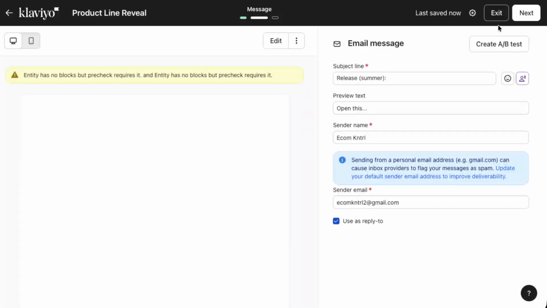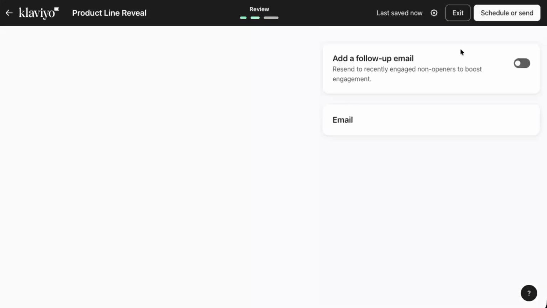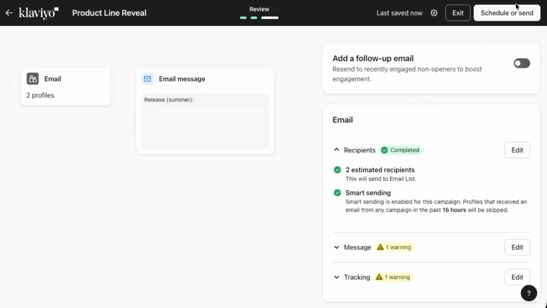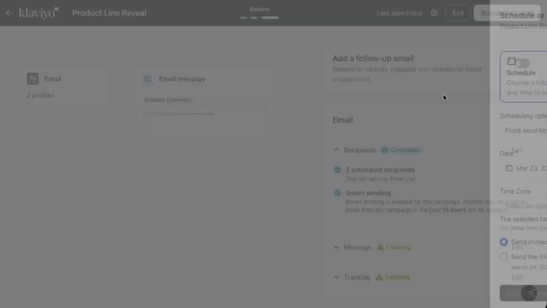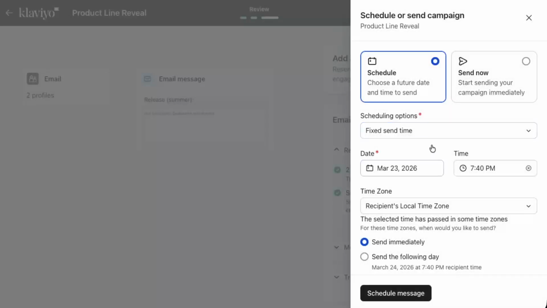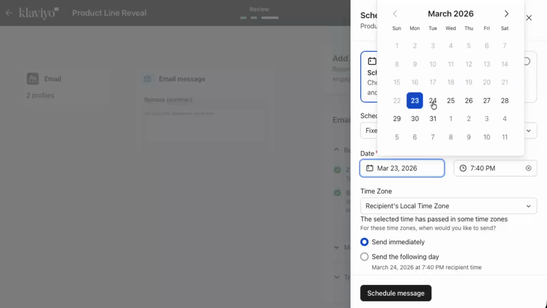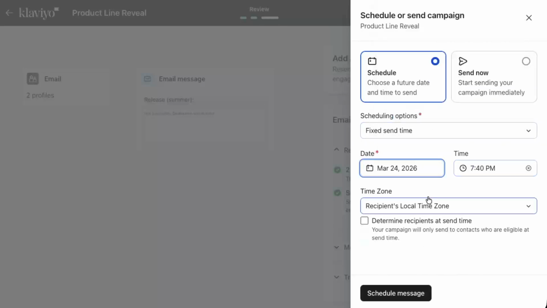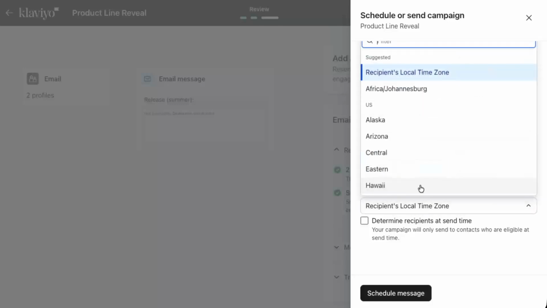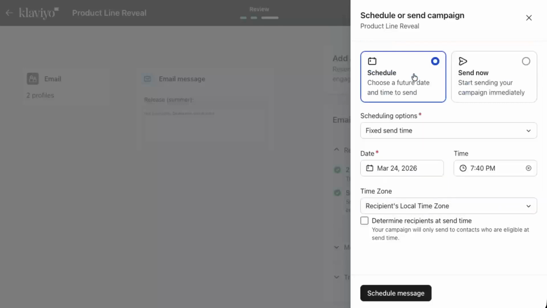Next, click on the date field and choose the date you want the campaign to go out. Then click on the time field and select the time. After that, click on the time zone field. You can choose recipient's local time zone if you want everyone to receive the email at the same local time, or select a specific region time zone if that makes more sense for your audience. When all the scheduling details look correct, click on Schedule Message. Your campaign is now set up,